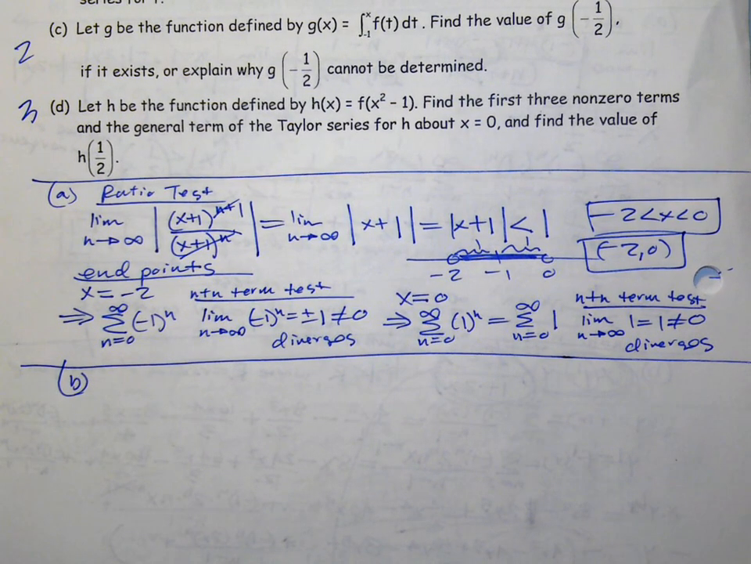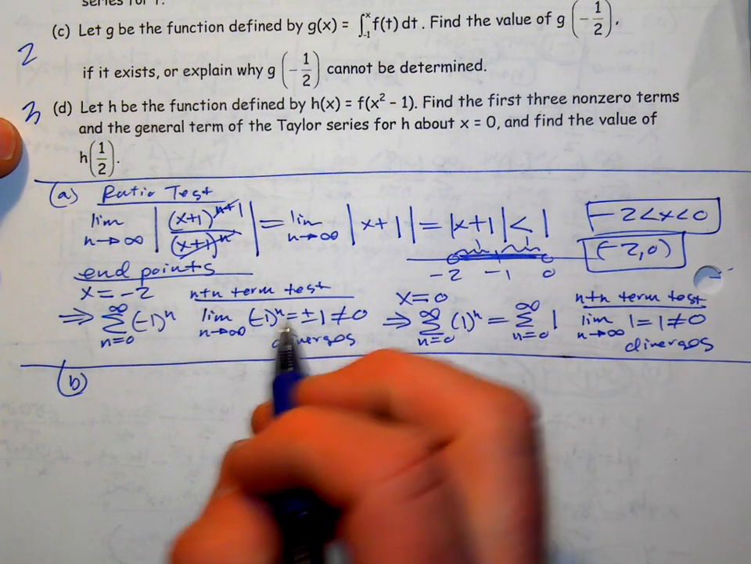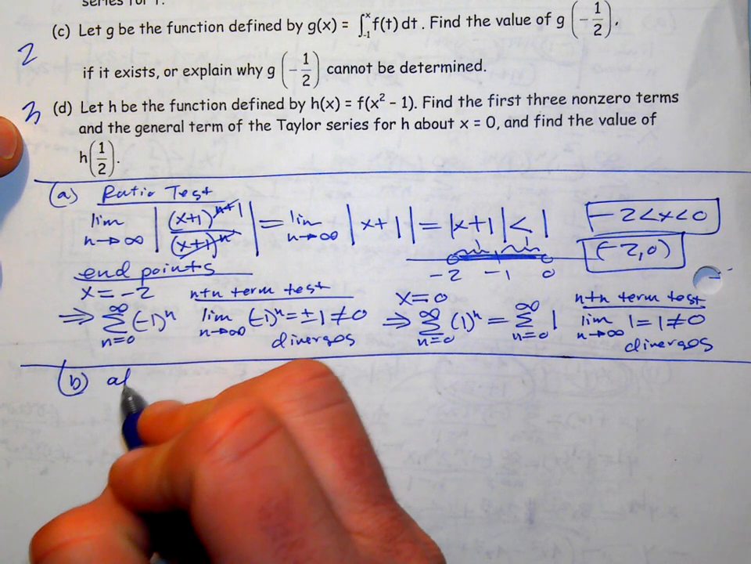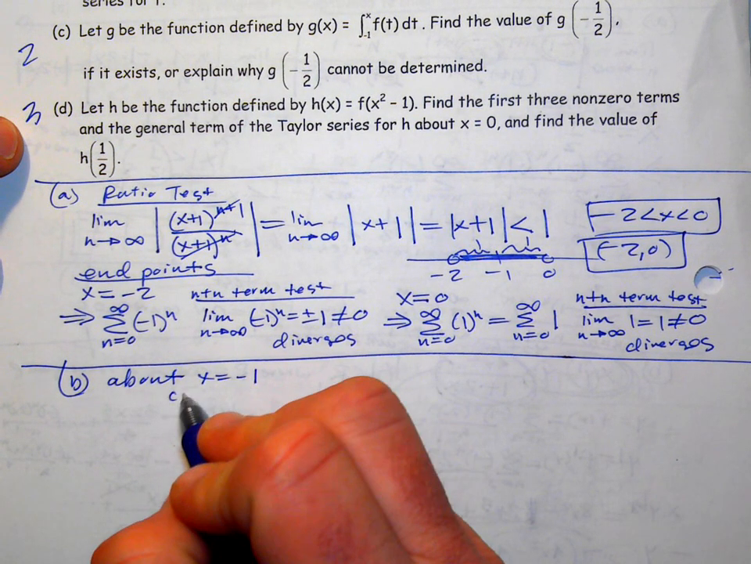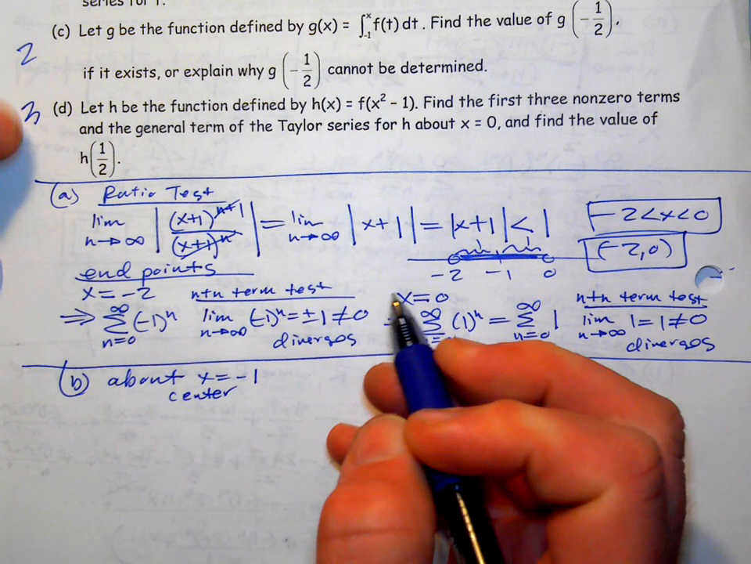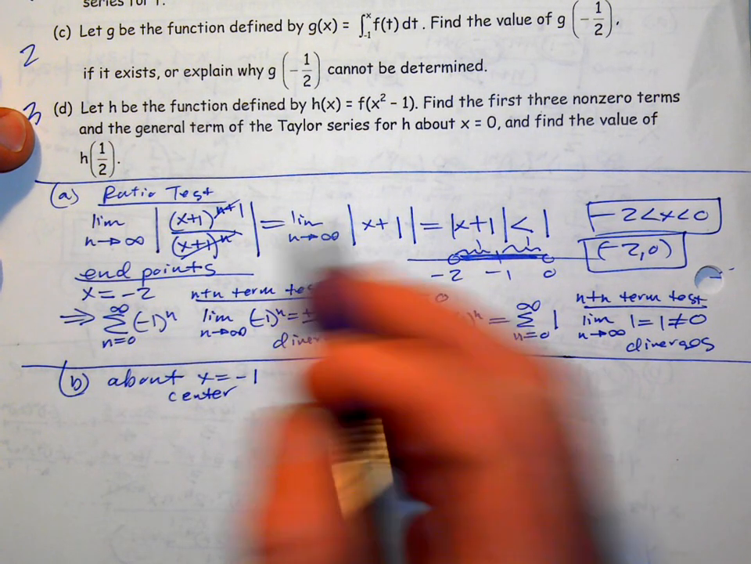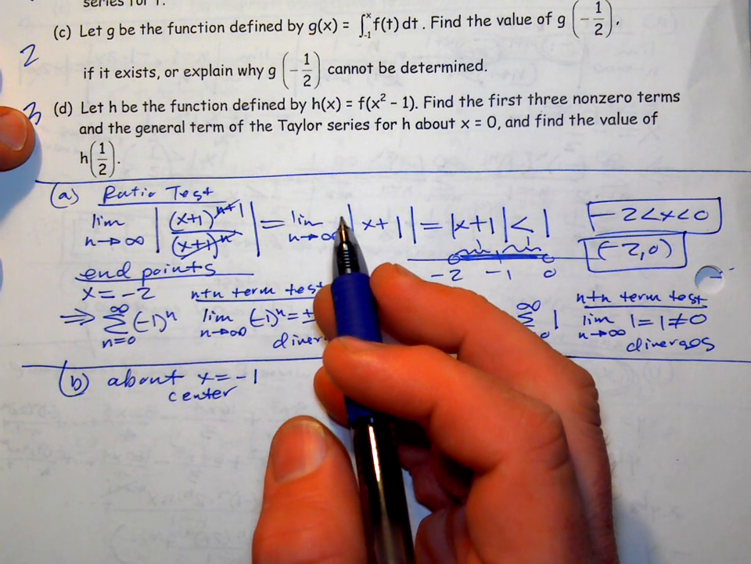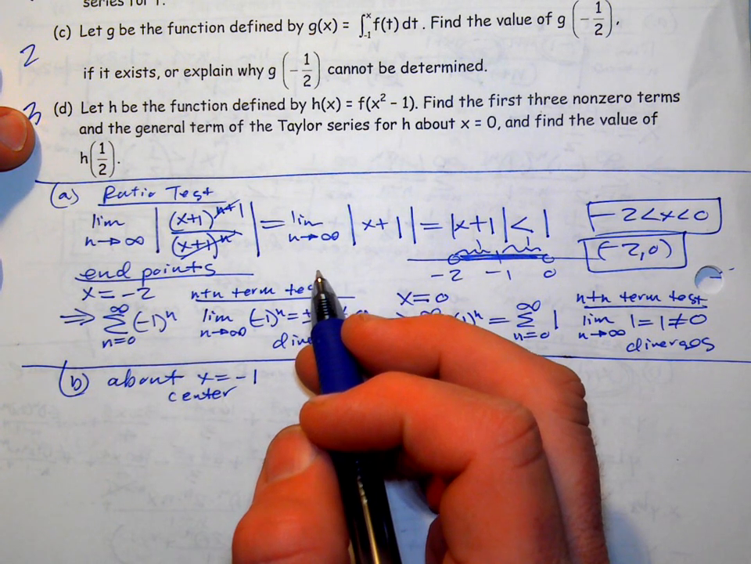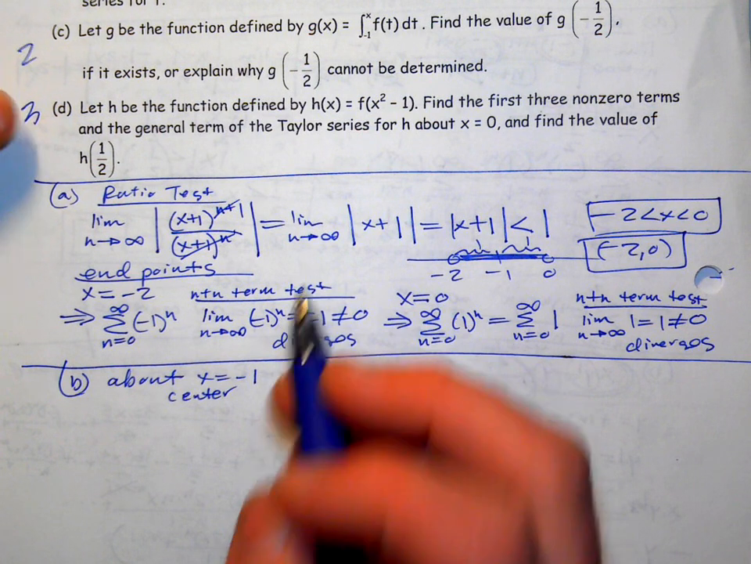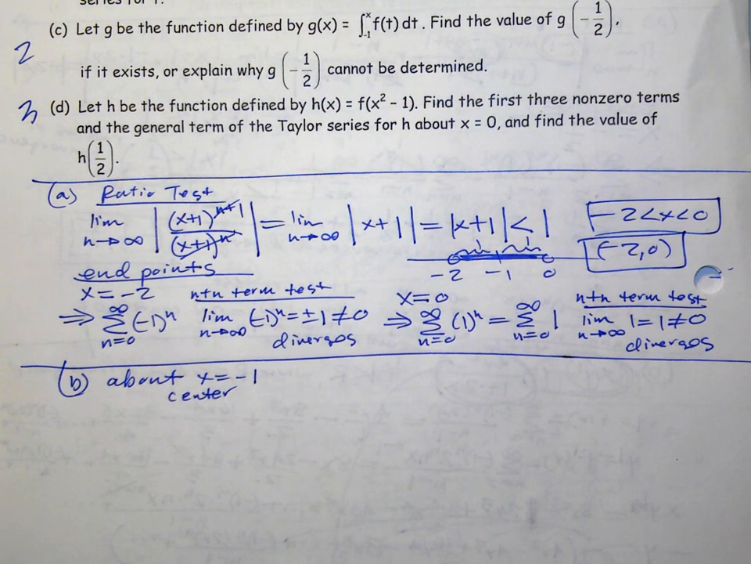Okay, part B, the power series above is a Taylor series for f about x equals negative 1. Find the sum of the series. Now, it says that it's about x equals negative 1, which would mean the center. And that kind of makes sense with what they wrote. You see a bunch of x plus 1s, and it's usually x minus the center, right? And they're saying that we need to